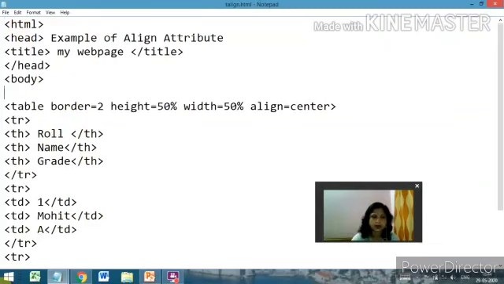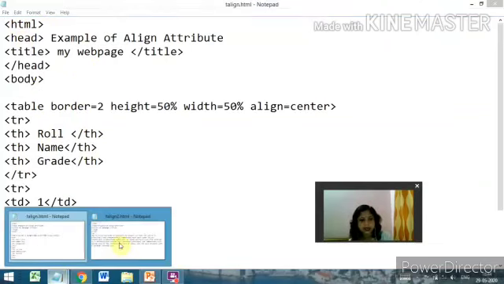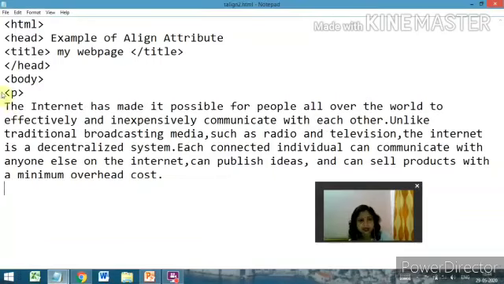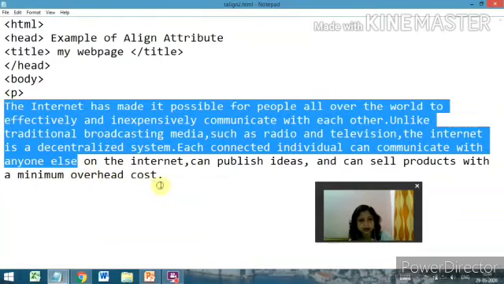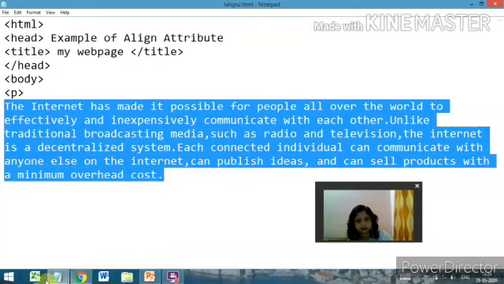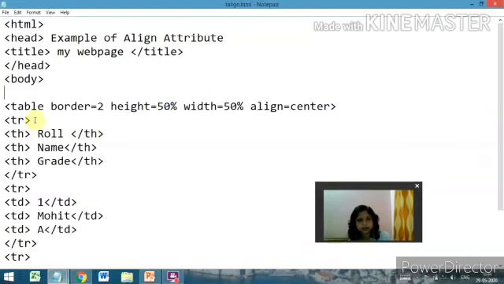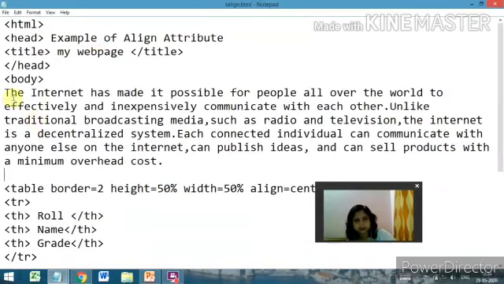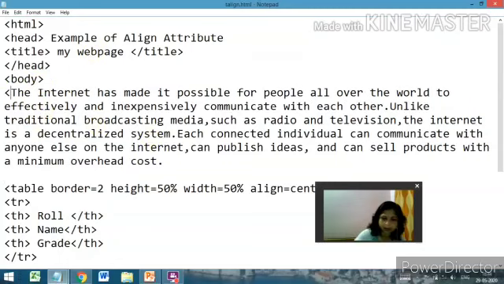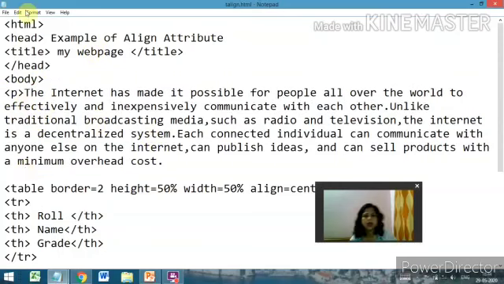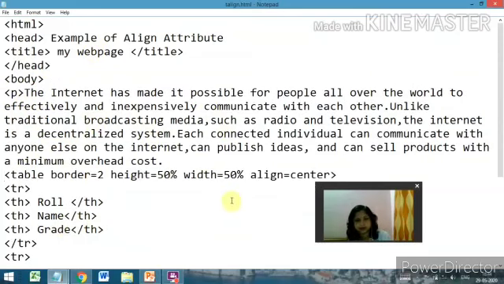Before the body tag, we'll write the paragraph, then we'll see how the table is working. So I have already written a paragraph, that only I will use here. Suppose this paragraph I have typed using your paragraph tag. So now your table.